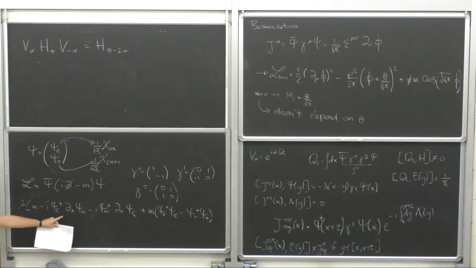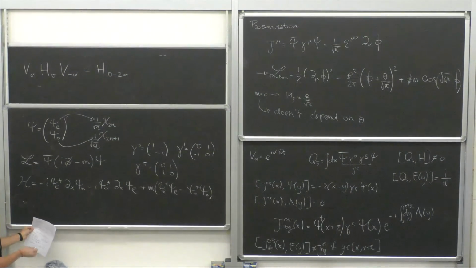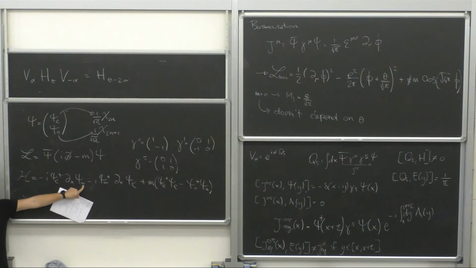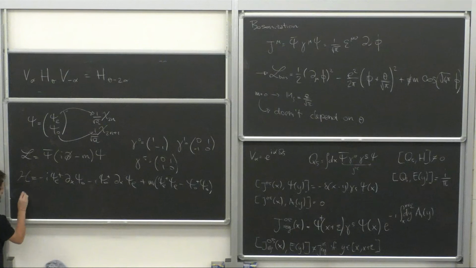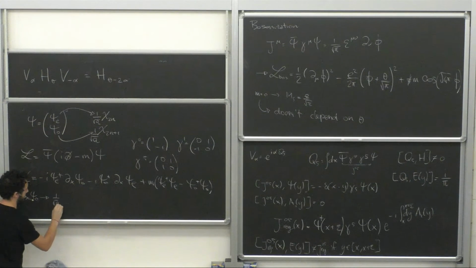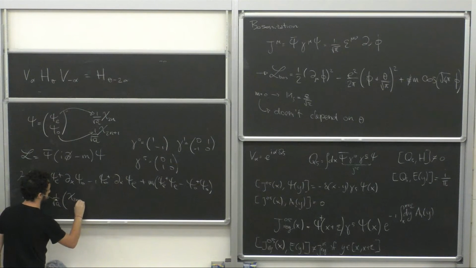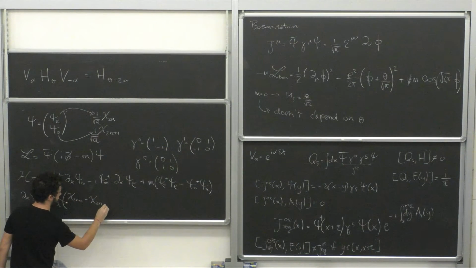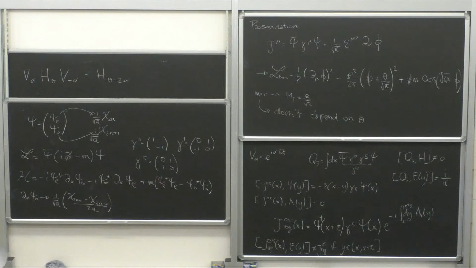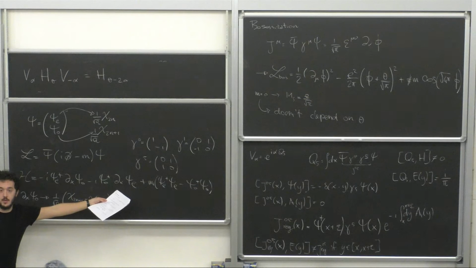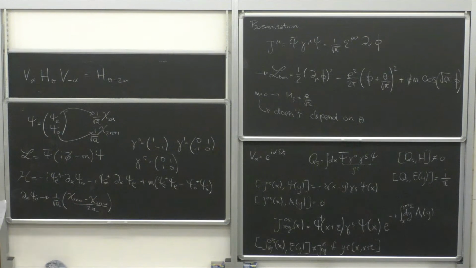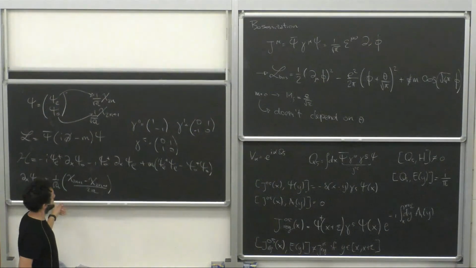The only thing I still have to specify is what this derivative is, and this is clearly the discretized version of the usual derivative. But remember that, for example, psi o only lives at odd sites of the lattice. So I'm going to write that this derivative of o will be the usual 1 over square root of a, chi 2n plus 1 minus chi 2n minus 1 over 2a, because these two sites are 2a apart. And I do the same thing with the derivative of psi e. At this point, you have everything that you want to know. You plug it in here, and what you see